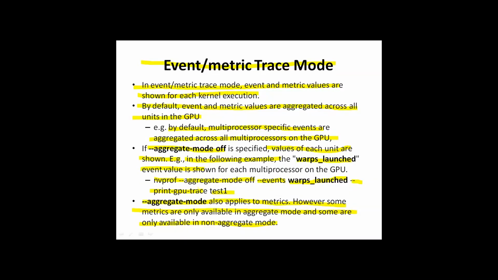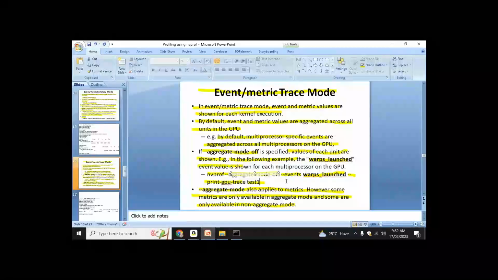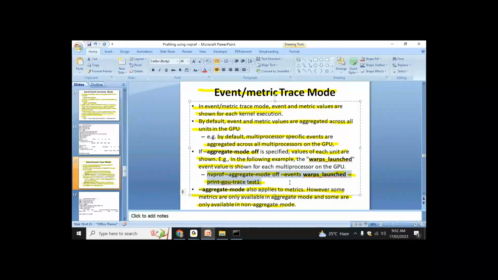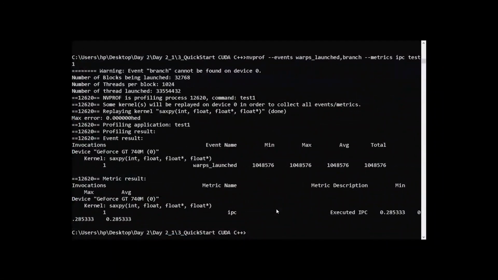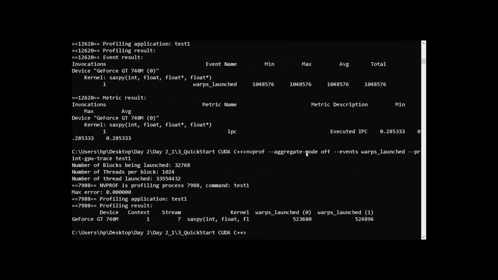So, for example, this is our command over here. nvprof, the aggregate mode of events we want to study is off. The event we are studying is warps_launched, with print GPU trace mode, and the name of our application. So we can see the output is